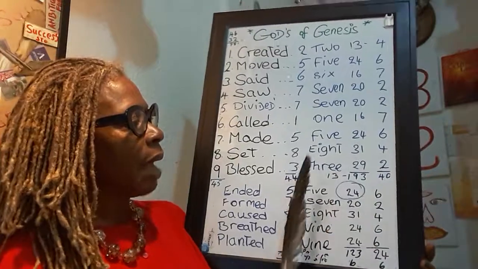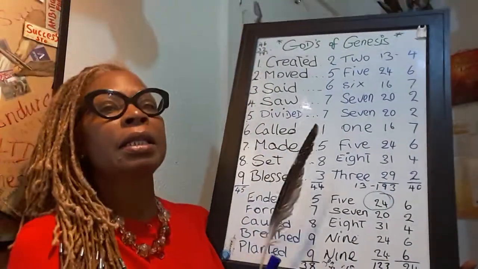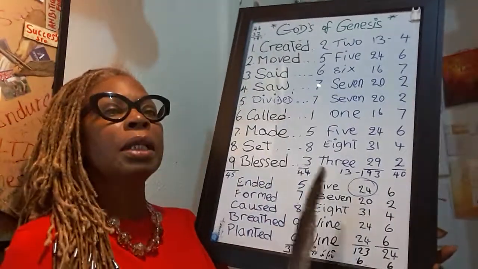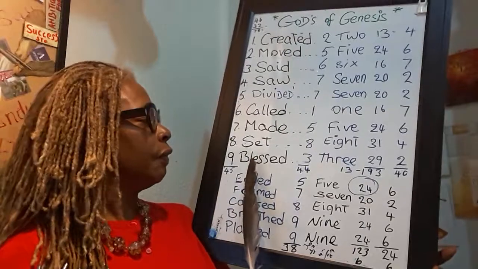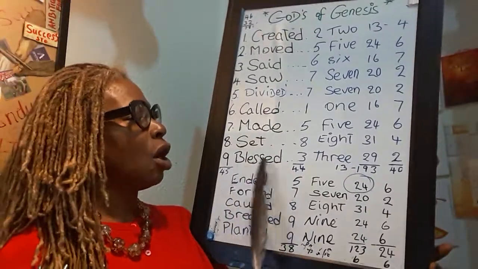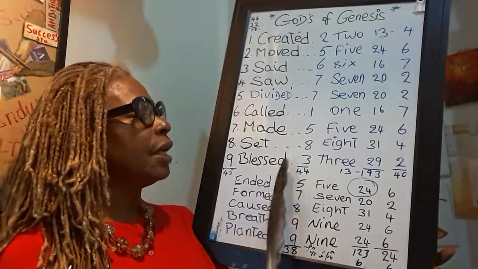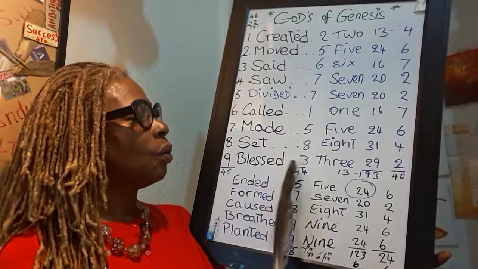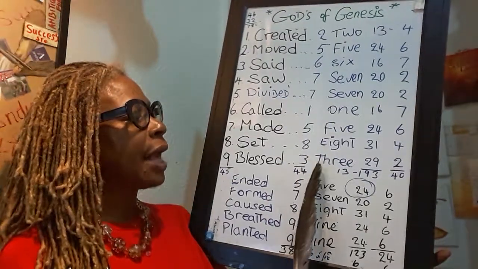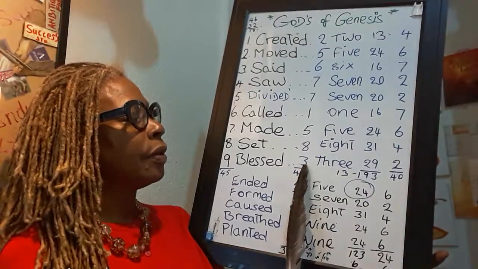We have seen perhaps why we have this blessed. Now it's funny as well, among the 9 gods in Genesis chapter 1, the 9th god, which is the blessed god, the 9th god is the final god of the 9 gods here, and that would be the god that has got this unique